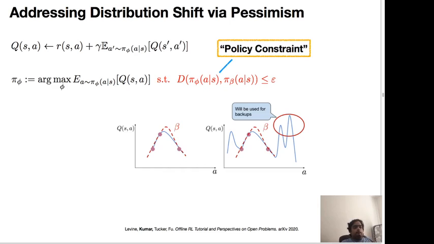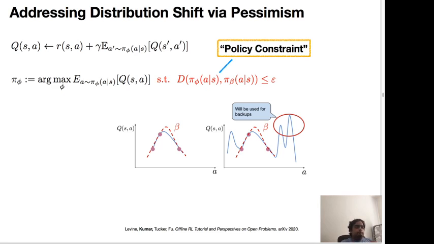So let's look back at the Q function profile that we looked at earlier while understanding what the problem is, and let's look at what this kind of policy constraint would do in this example. Just to recall, the Q function at a particular state is shown here as a function of the action, and the behavior policy pi beta is marked as the dashed red line in the plot, labeled as beta. The issue really was that out-of-distribution actions or unseen actions, which are erroneously optimistic, were being used for the Q function backup. With the policy constraint now, where the policy pi phi is constrained to be close to pi beta,